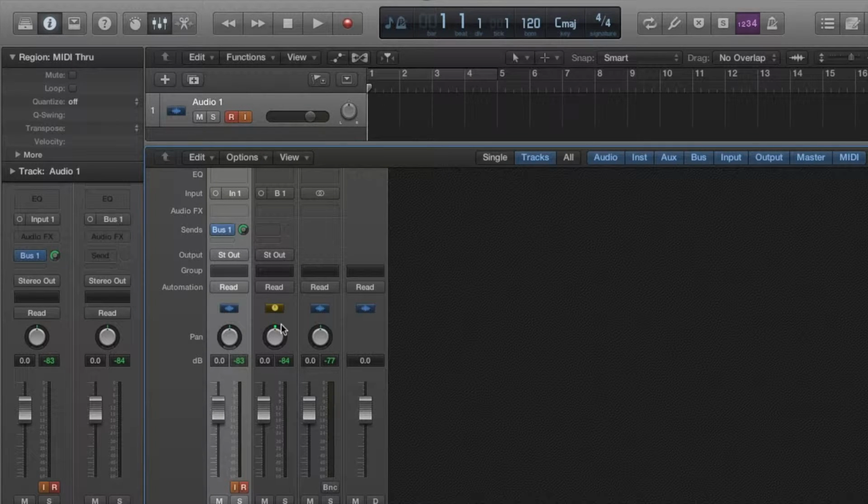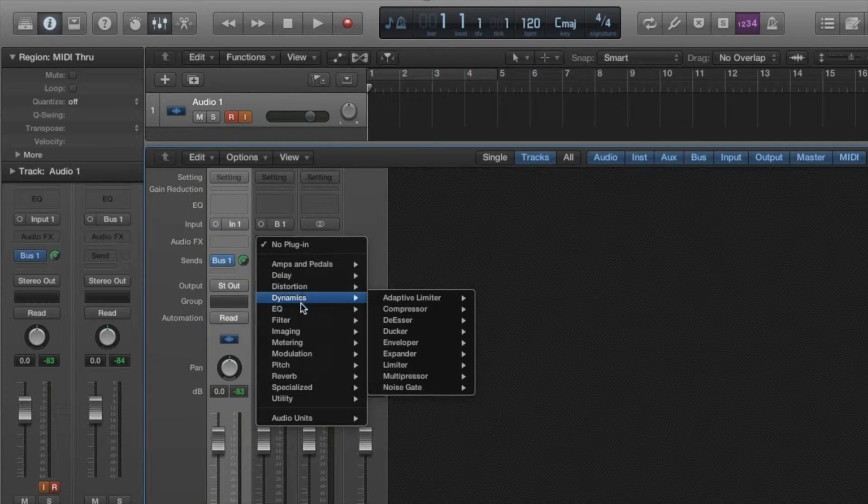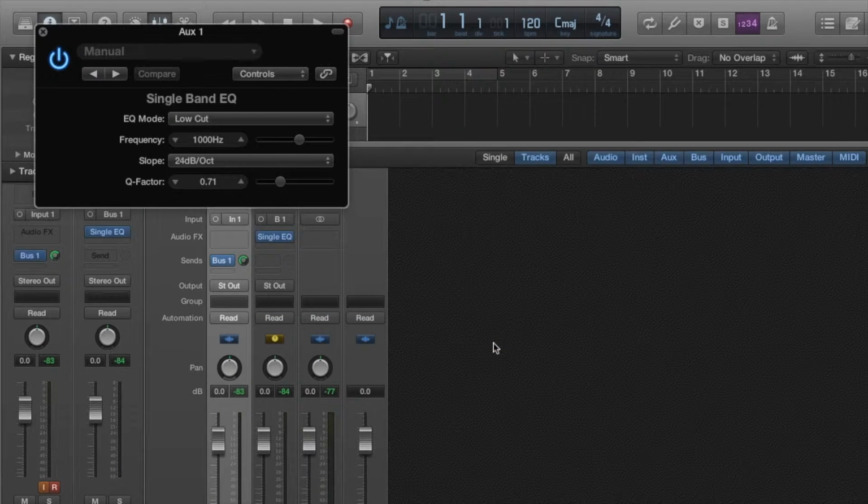In this auxiliary 1 track, I'm going to go up to the effects. The first effect that I'm going to put is going to be a single band EQ. This will allow us to set the range for the octaver so it only affects the notes that we want to. In effect, it will be the range knob on an OC3. So you're going to choose high cut